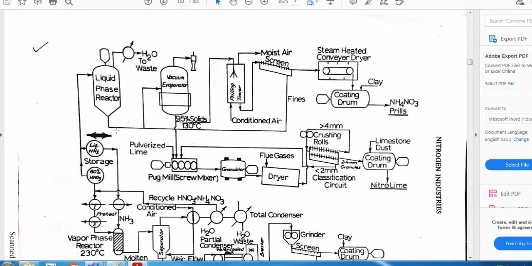So now what is the role here? Yes, we will start the agitator. When you start the agitator, what will happen? Slowly the region around the agitator or the impeller.